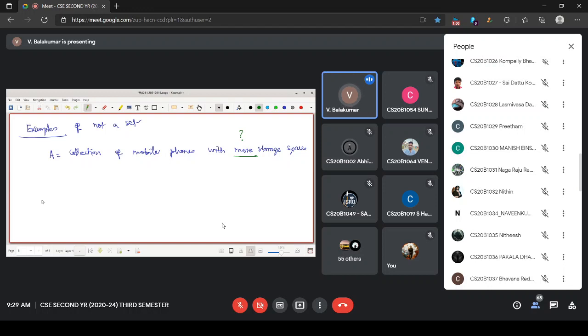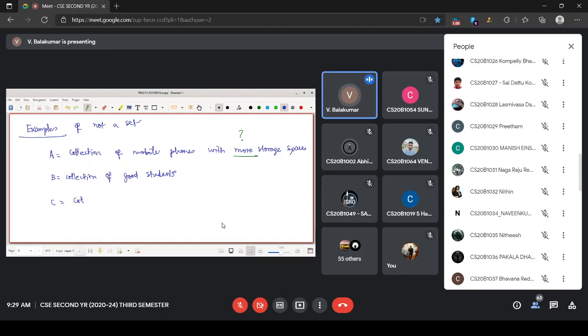If someone gives you a mobile phone, you cannot decide whether it is belonging to A or not. Give me some more examples. Collection of good students. Some qualitative property which is not very decisive.